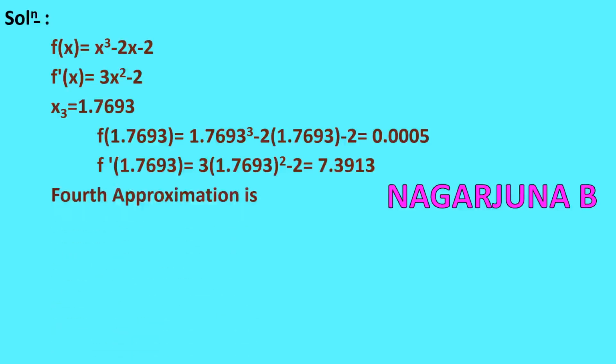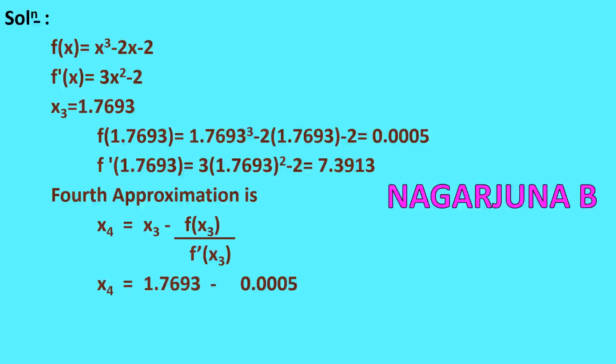We know the formula to find the root of an equation by using the Newton-Raphson method is xn plus 1 is equal to xn minus f of xn divided by f dash of xn, where n is equal to 0, 1, 2, 3, etc. Since it is a fourth approximation, we can write x4 is equal to x3 minus f of x3 divided by f dash of x3. Here x3 is equal to 1.7693, f of x3 is 0.0005 and f dash of x3 is 7.3913. We can write x4 is equal to 1.7693 minus 0.0005 divided by